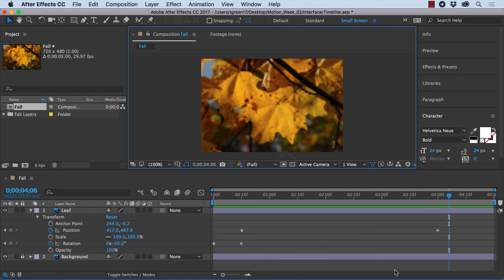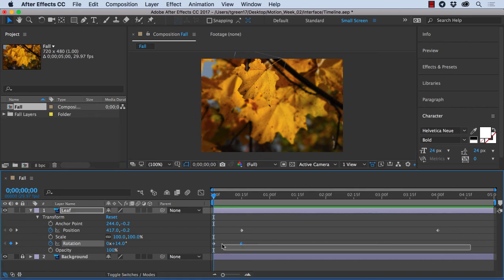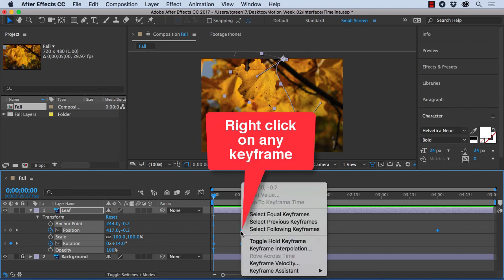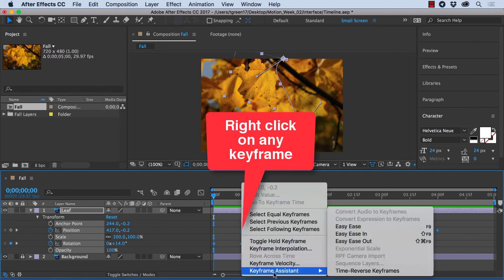Okay, so that's done. Now what we need to do is just add a little bit of easing to this whole thing. Now what you're going to do is you're going to come back to your home, okay? So just press the home key or bring the playback head back to 0 here. And you're going to select all of the keyframes, and you just marquee them, okay? So when you've got all 4 keyframes blue, let go, and then you right-click, and you choose Keyframe Assistant from